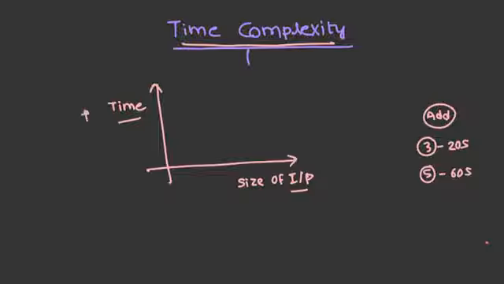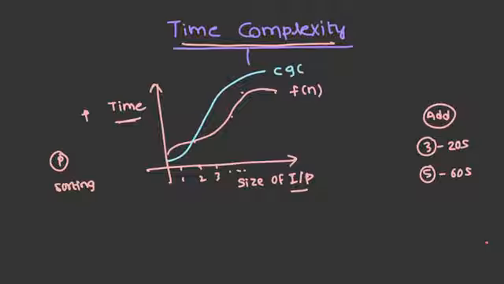Let's say we have taken a problem, for example sorting, where we are giving some numbers and this is the time taken: 1, 2, 3 and so on. This is the rough estimation. For sorting 2 numbers, the time is at this point. For sorting 10 numbers, the time is at this point and so on. So, the graph will be as such. This is the curve which represents the time taken for execution for our program and let's call it f of n. Consider some other graph which is c into g of n and consider another graph which is k